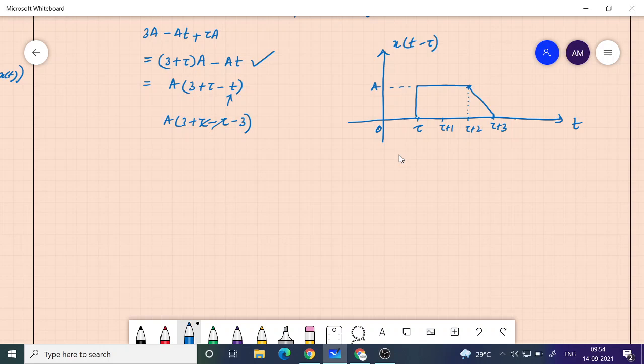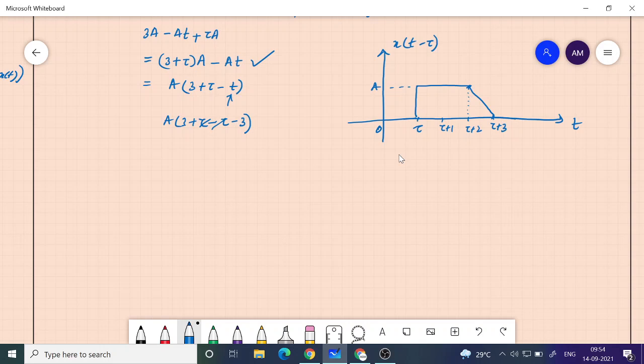So can you see that it is representing a delayed signal? The original signal started from t equal to 0, and then it continued and ended after 3 units of time. But here we waited even after crossing t equal to 0, no signal. But then when it reached t equal to tau, all of a sudden the signal got started. So therefore... Sir, but we have taken it for delayed signal also.